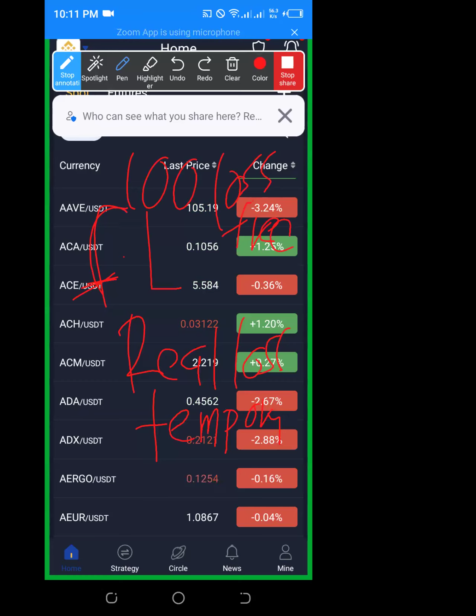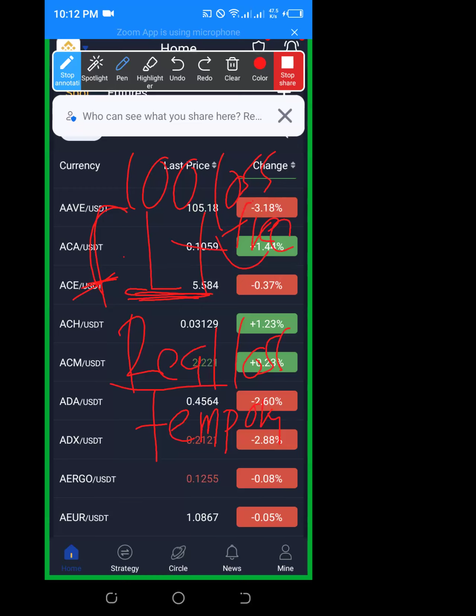But our robot does not sell, does not make losses. And if someone complains that they joined Royal Q and made losses, ask that person, how did you make losses? Maybe he or she made a loss because they were not patient with the market. But if you are patient with this market, you cannot make losses. The robot cannot make losses, and it will never close your trades at a loss. So floating loss is just a temporary loss due to the fluctuation in the value of that asset that you are trading.